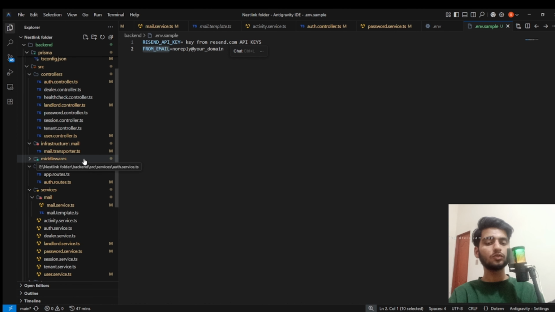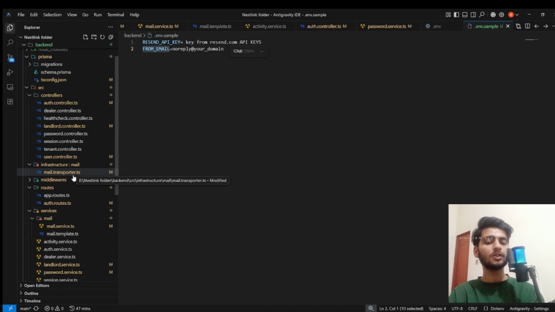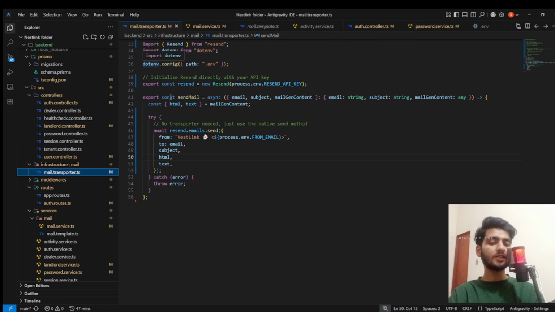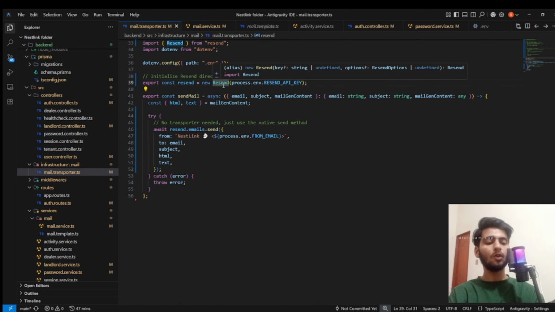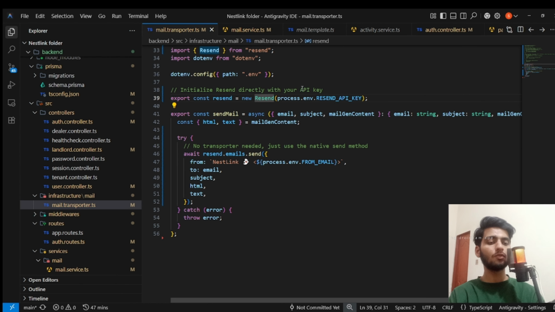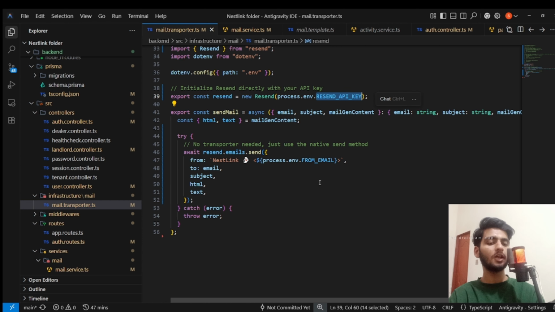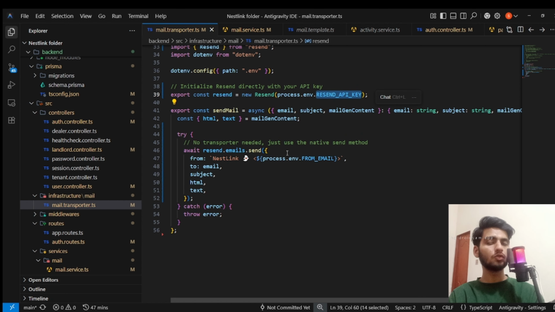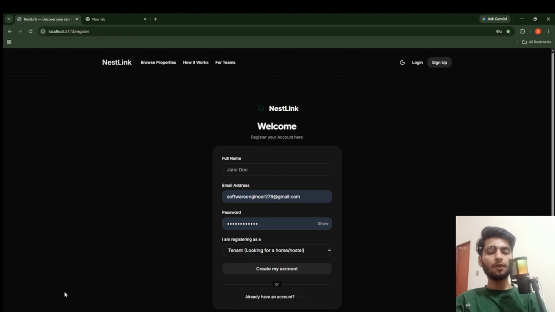and then you can use it in sendMail, which is a function to communicate with Resend. As you can see, there is a function through which our email service will communicate with Resend. On line number 39 I have used this variable. That is why you have to use this exact variable in your env file, and then you can easily use Resend in your projects. Now after all the configurations and setups, we have a working email setup in our project. So now we can send email to our users.